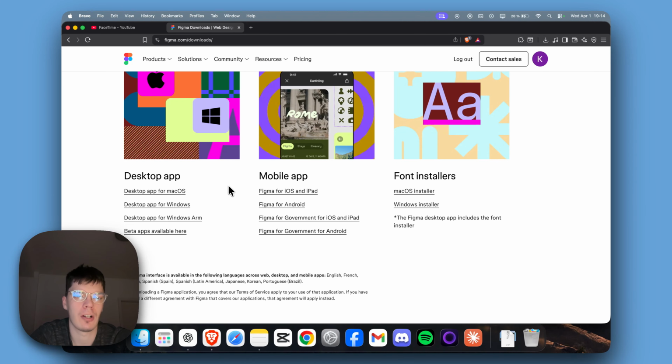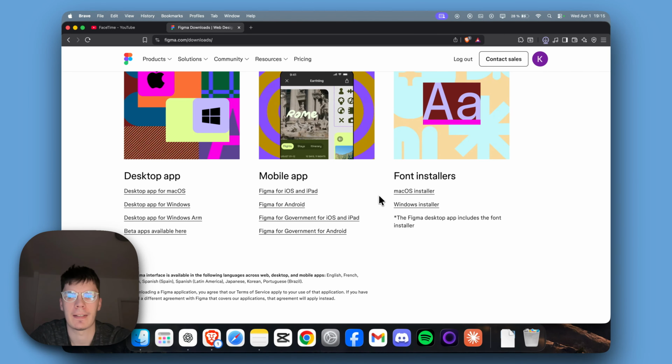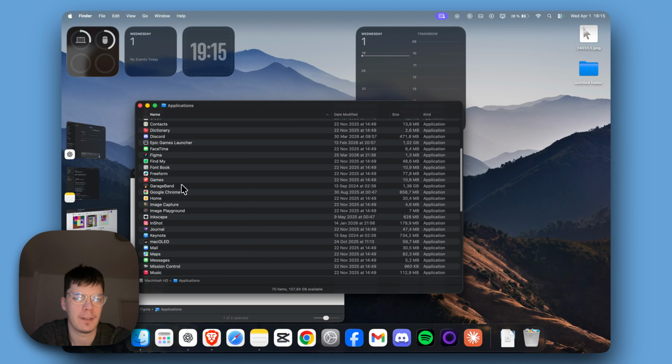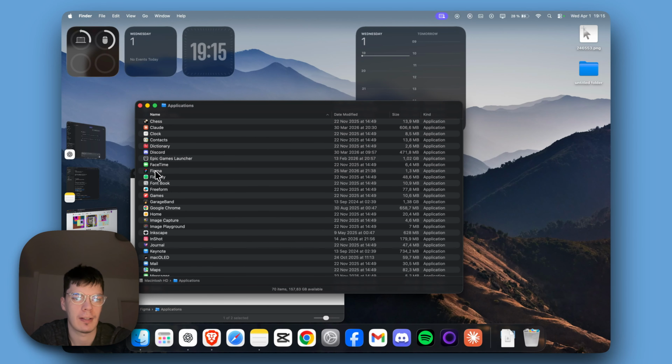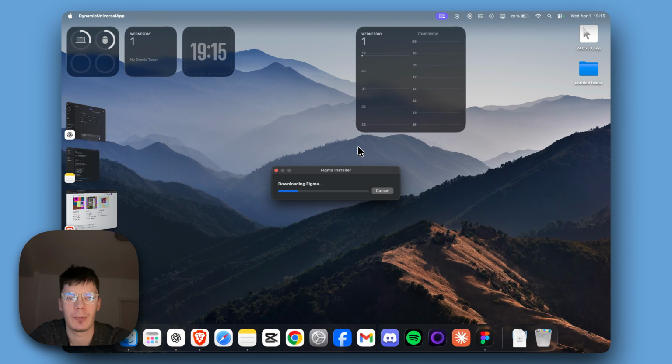Otherwise, if you have Windows, simply click Windows, but we got Mac, so simply click it, click on save, wait until it's downloaded. Now you can open the downloaded file and grab Figma and place it to your applications. Now double tap on applications and find Figma, which is here, double click it, click on open and wait until